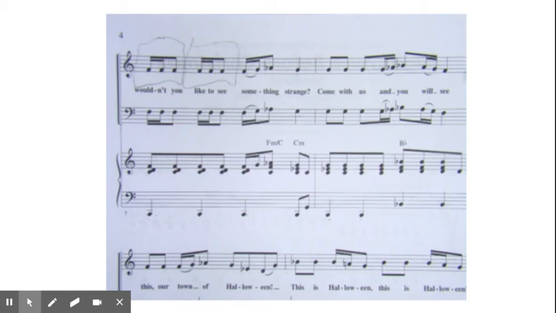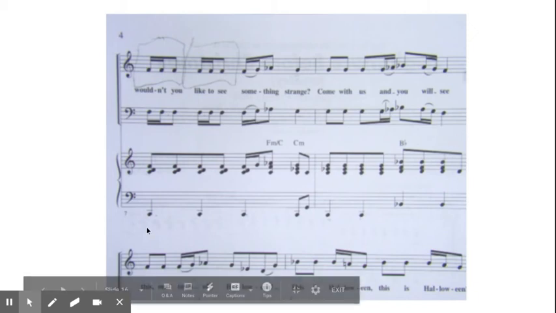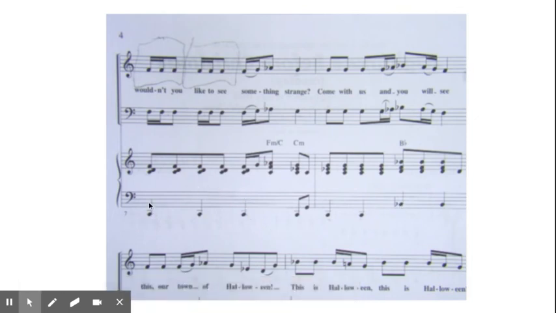Here's a little picture of some of the music that I'm working on with students right now. And I used the term system earlier. System means this whole set here that is held together with this little straight line. This entire system of music goes across like this and all happens at the same time. So the piano in the lower part has quarter notes, each one lasting for a beat.